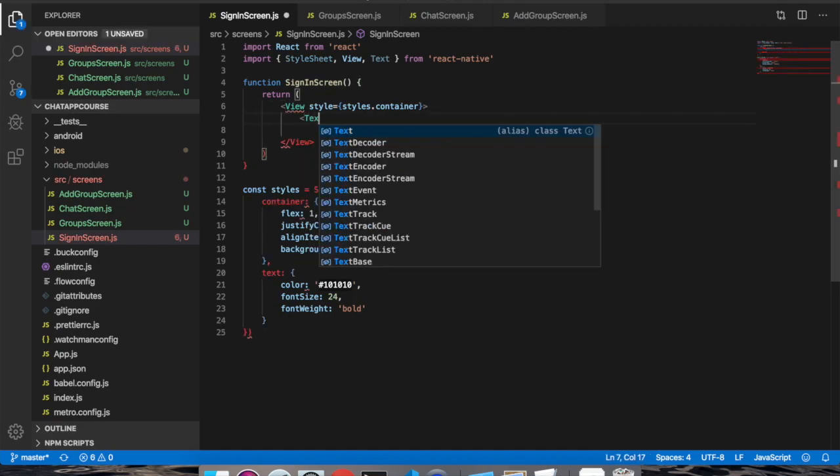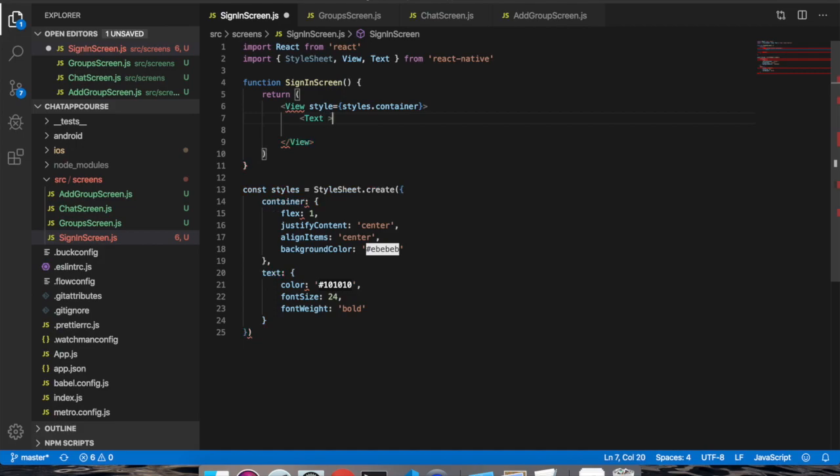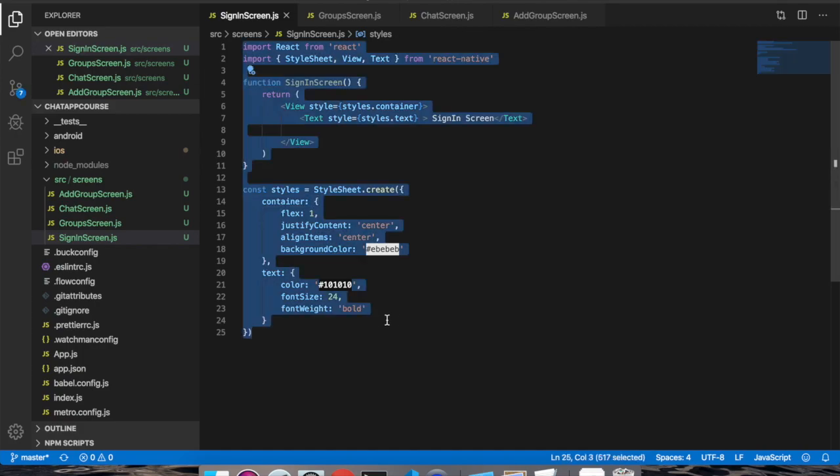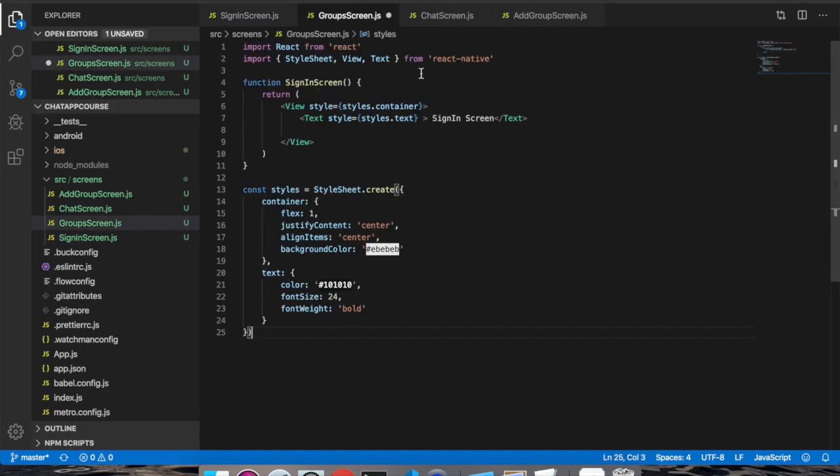Then text, the style equals styles dot text. Now the text would be sign in screen. Okay, now save this file and copy all this, paste it in here, then in chat screen, then in